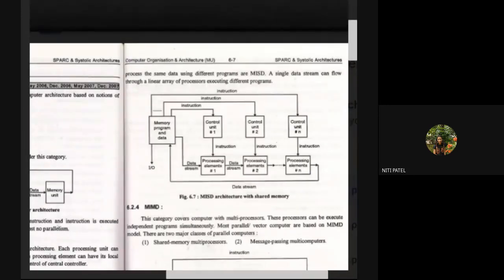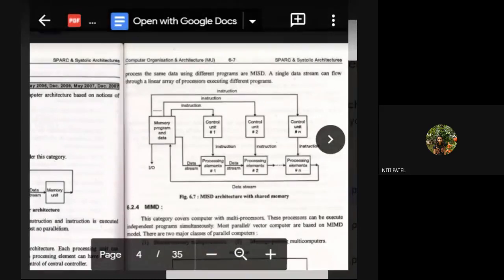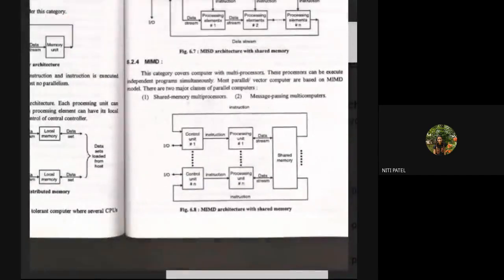So up till the execution, my work is faster and I'm achieving parallelism because multiple instructions are getting executed. But after that, since I have only one data stream, the process of storing the data into the memory and giving the output to the user becomes slow. So to avoid this, Flynn came up with the last classification, that is multiple instruction, multiple data stream, which means